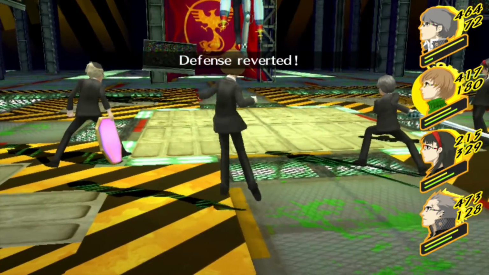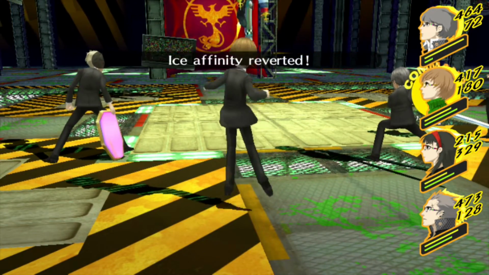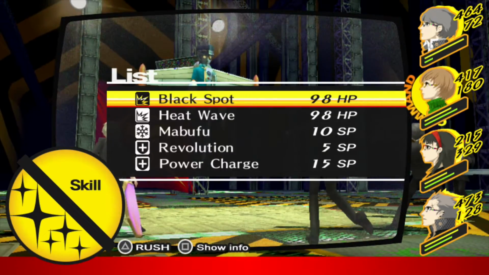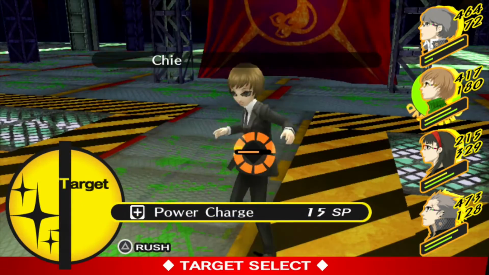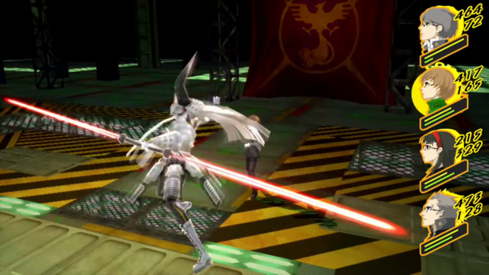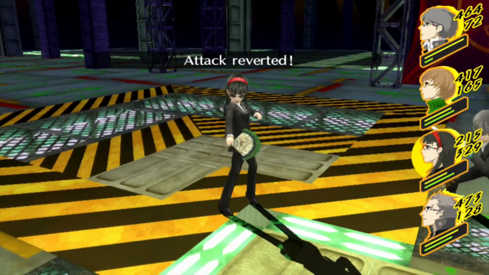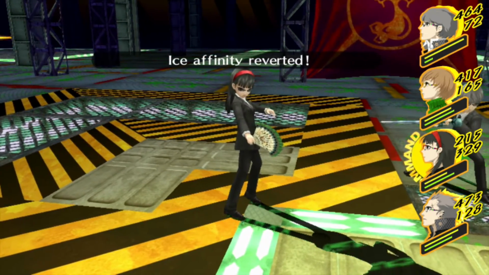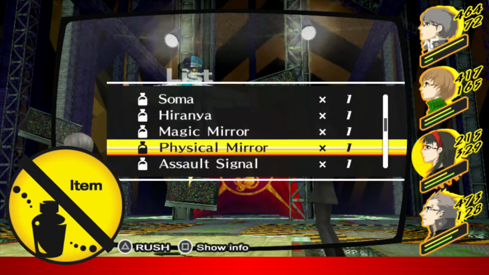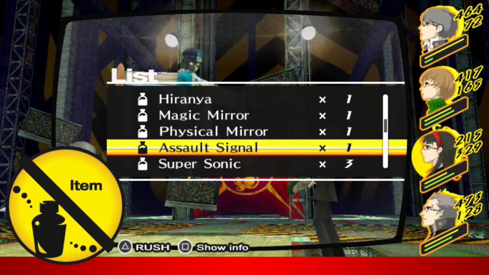I have not got Ultra Charge on Risei yet. Yeah, all of our affinities are back. Okay, you are not power charged. Let's power charge you again. And I probably need to unleash that Mind Charge Zerodyne soon. Fire affinity reverted. We're okay on HP right now, I think, so I'm gonna go ahead and use a,